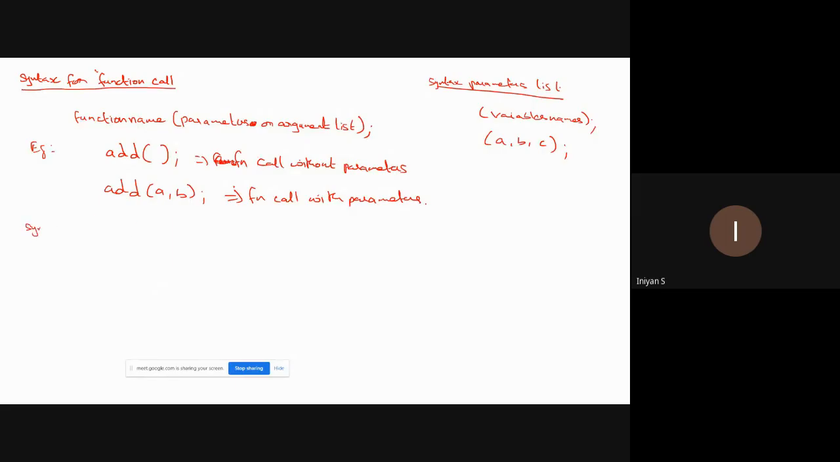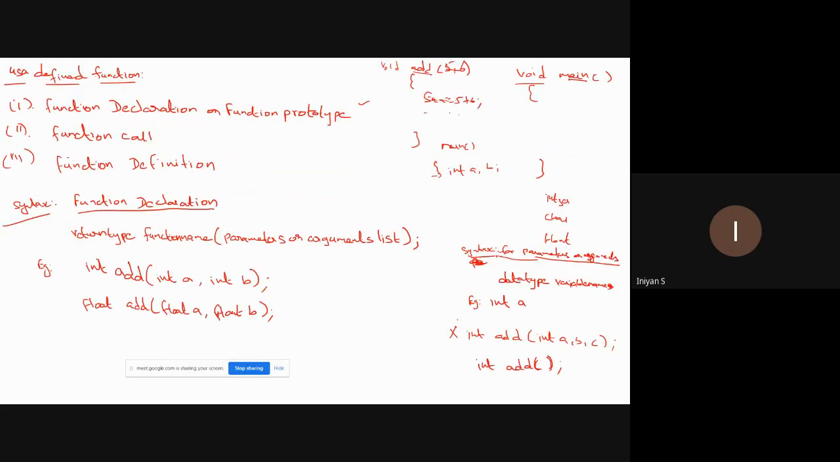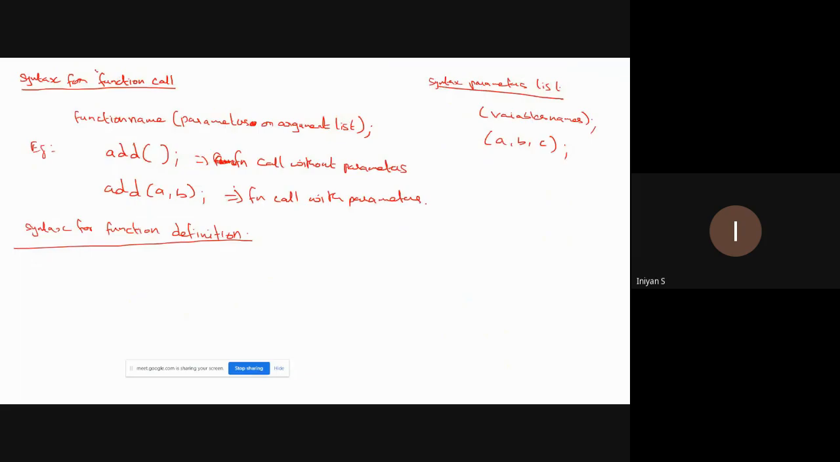Next one. What is the last one? Function definition. First, know the syntax, then only can we implement the program. What is meant by function definition? We have already declared the user defined function, and after that we called it also. After calling, it goes to the function definition part, right? So what should be present in the add function? That should be there. The syntax is the same as your function declaration. The only difference is the return type,